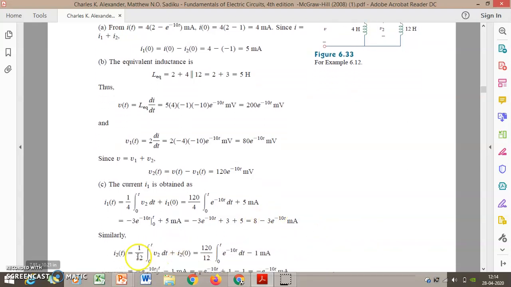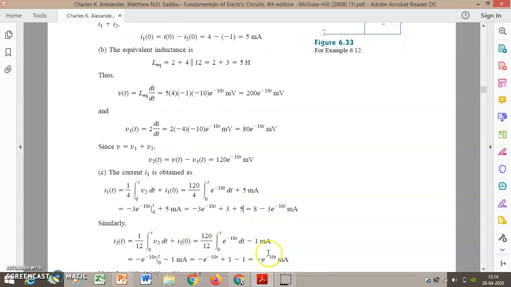Similarly, for I2 of t, what should you do? You should substitute the same value. Only thing is I2 of 0 will vary. Here I1 of 0 is 5 milliamps. Here I2 of 0 is 1 milliamp. Substitute, and you will get